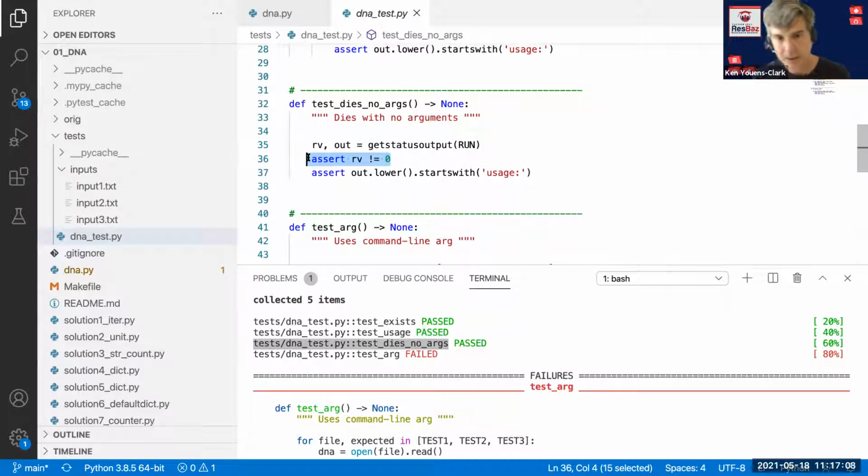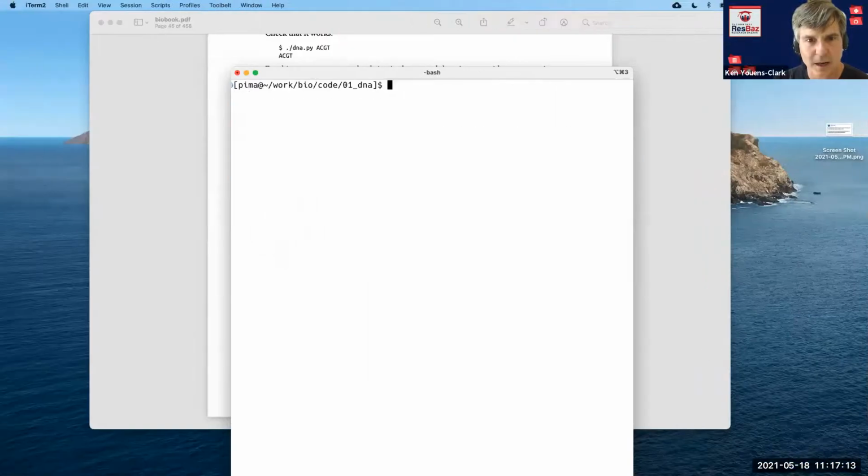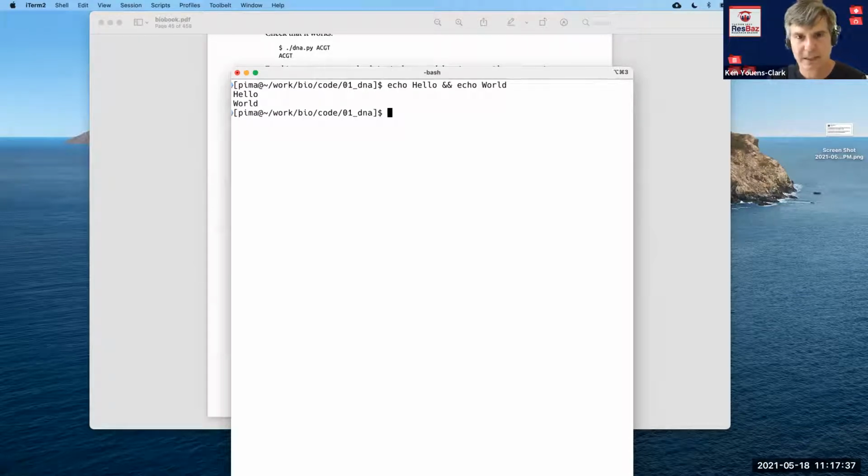And this is really important because let me go back to the command line and show you. I can chain things together on the command line. So if I say like echo hello && echo world. So the double ampersand is a way of saying this and this thing, but only if the first thing is true. So it's like your truth tables in discrete structures. So if echo hello succeeds, then echo world will go forward.